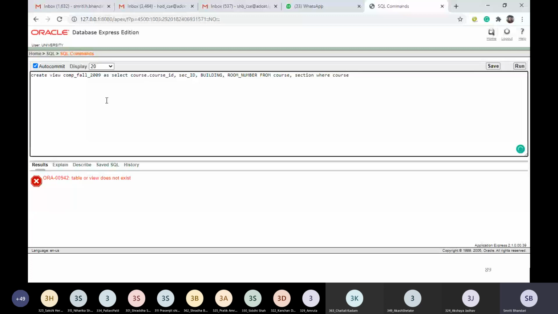Where common attributes need to be matched.